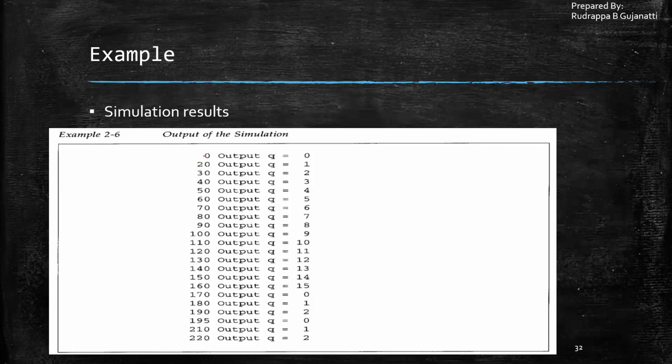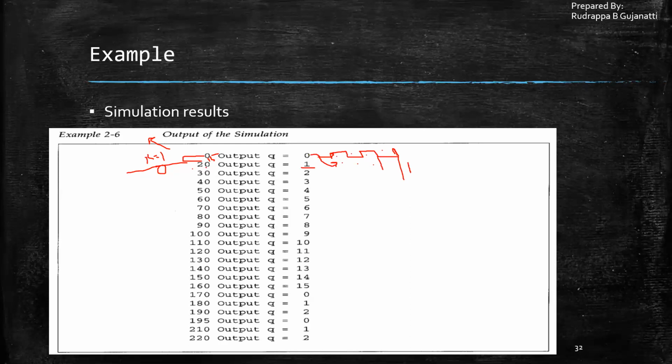So here you can see that from 0 to 15, reset was 1. Therefore, there is no count. So one clock cycle has already gone over here, but the count hasn't changed. That is what you can observe. Up to this point, you can see that Q is still 0, 0, 0. But after the 15th unit, reset changes to 0. So from this point, the count should happen. But after another 5 units, the clock goes high, and only at that moment the count changes. So count becomes 1 during that stage.